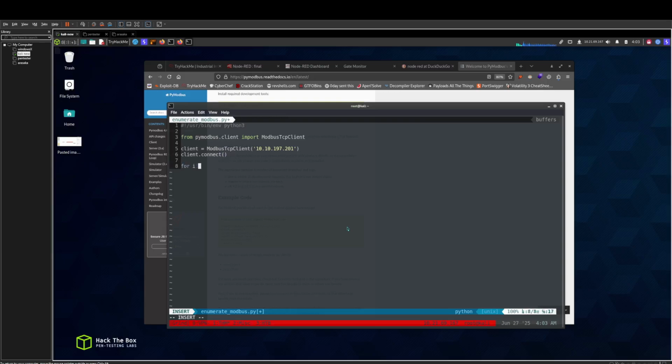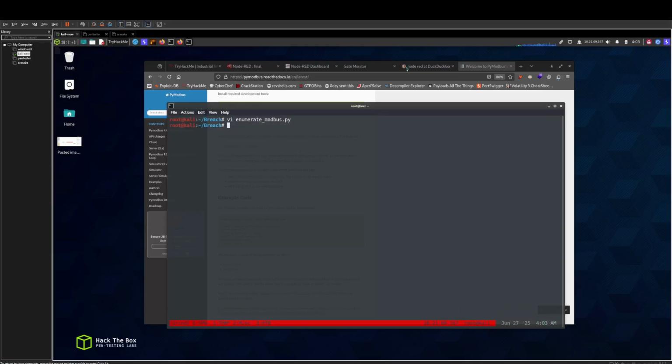And next we can do for i in range 0 to, let's say, 40, right? We can do client.write_coil i and set its value to true. That's all. Let's see. Let's first